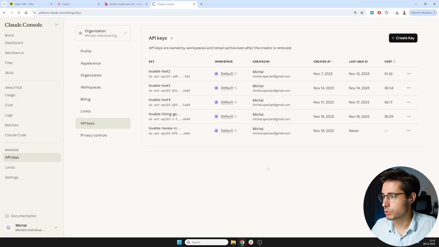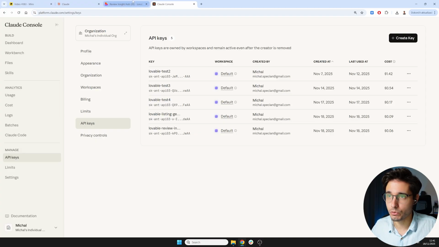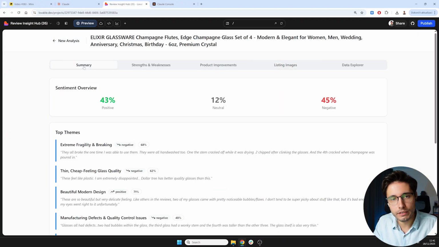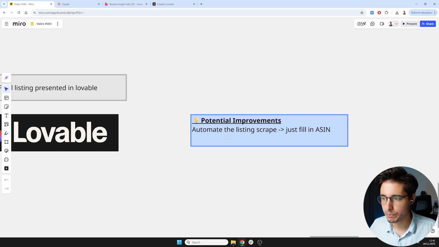And again, as I showed you before, how much did this analysis cost? So let's see, $0.06 for one product. Amazing. And now we have this app, we can use it for every single product, right? Beautiful. Of course, there are some improvements I would make to this app. I would automate the listing scrape, right? In the beginning, I would just add a different section so we don't have to manually download the CSV. We would just input the ASIN, click analyze. It would scrape the listing, pull the reviews, send it to AI to make it a little bit more convenient